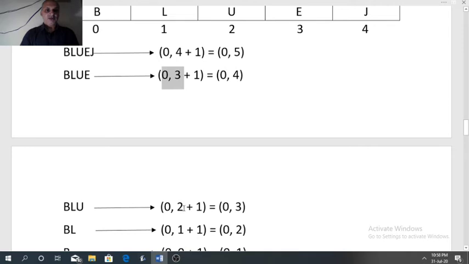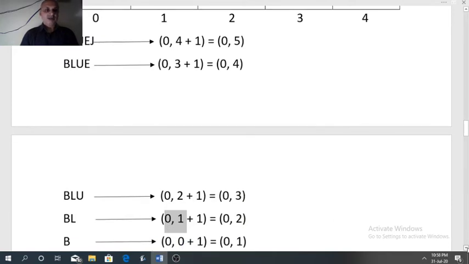Third row, U has index 2, so 0, 2. L has index 1, so 0, 1. And the last one, we have only one character. So the starting index is 0 and the last index is also 0.